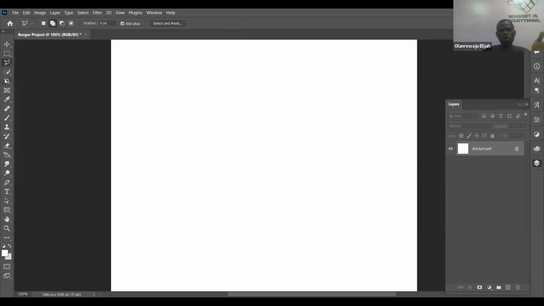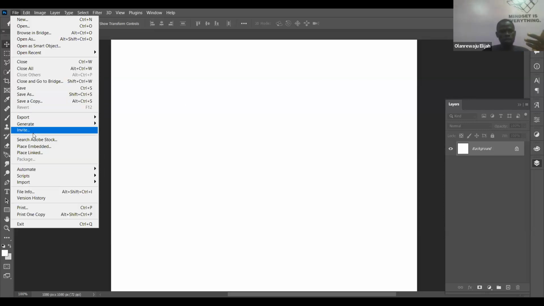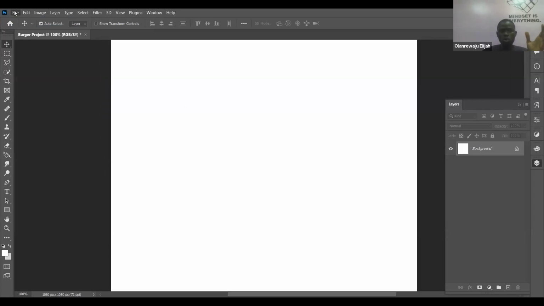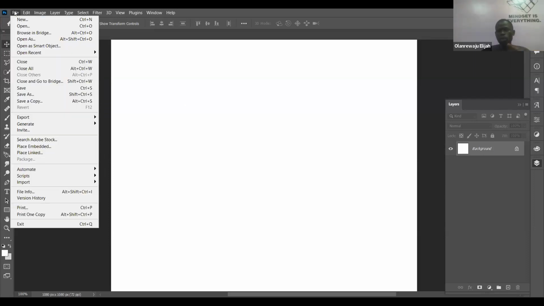Say you want to crop an image. Let's import one. Let me show you two ways to import. I want to import a file so that you can see how the polygonal lasso tool works and how the crop tool works. I know that we are all familiar with the crop tool, but let's see how it also works in Photoshop.